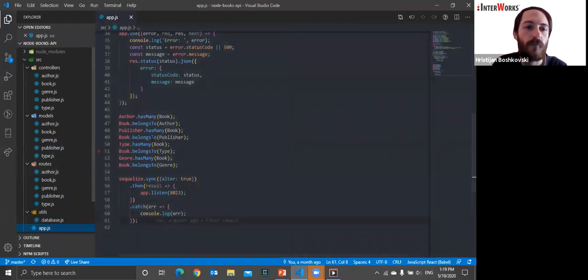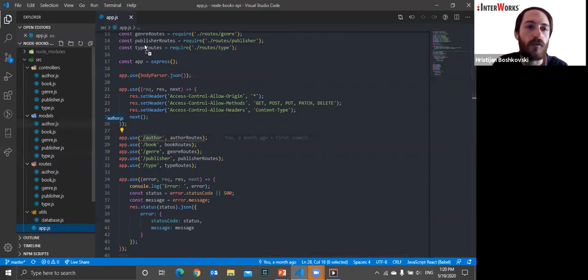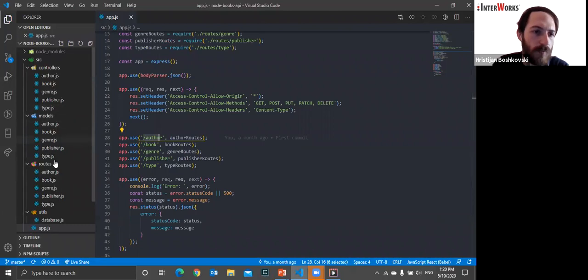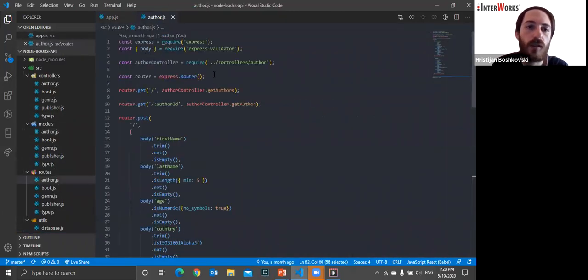For example, if the request comes to the author route, I'm using the author routes. So sorry, I opened something else. Yeah, here it is. I'm using the author routes, and inside those routes, I have the routes for the basic